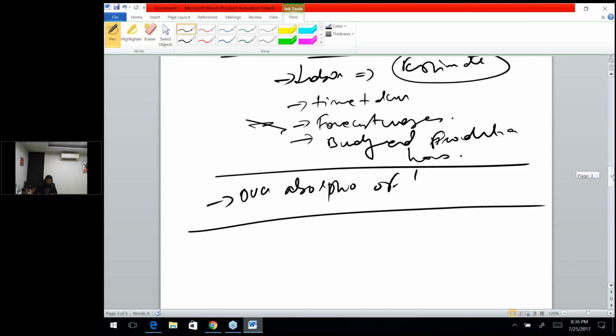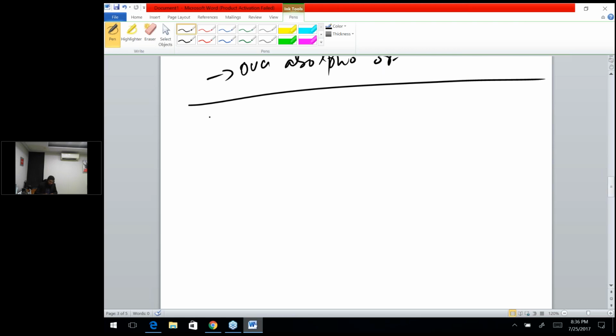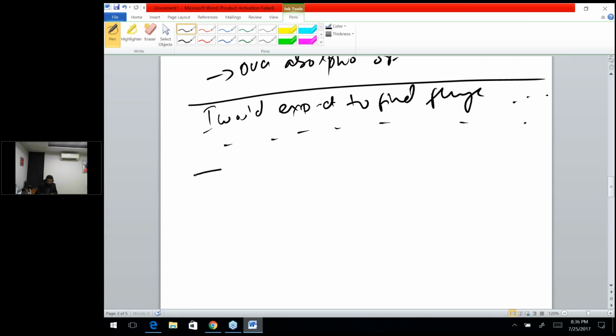Once I've done that, now what happens is the evidence comes in. So I would say I would expect to find the following evidences in my review of audit working papers. And then you would actually write down the various evidences which you would expect to find. So if you people could actually think for a minute or so what could be the procedure, evidences which you could find.